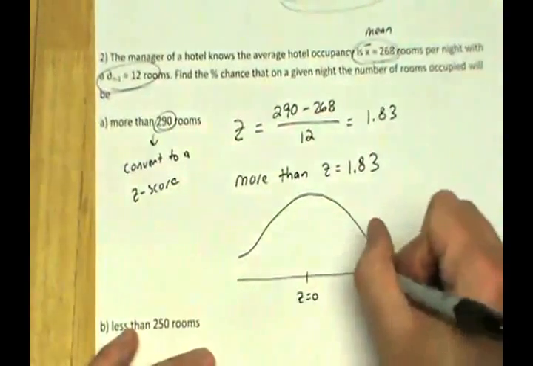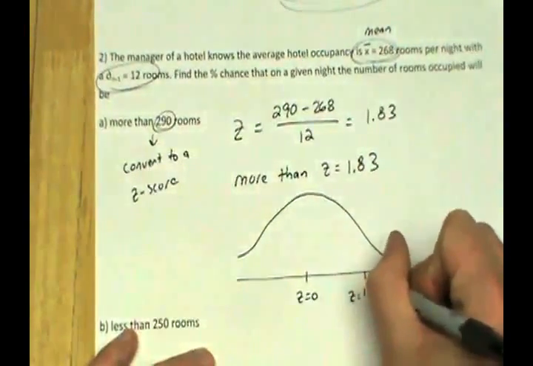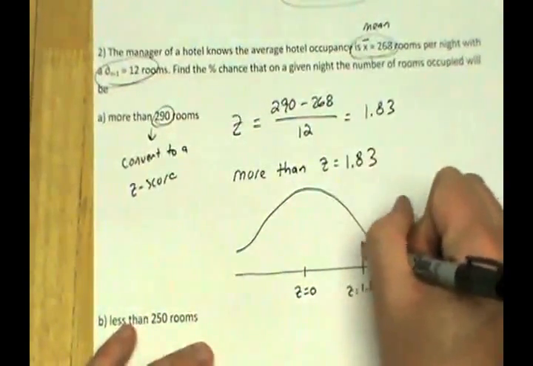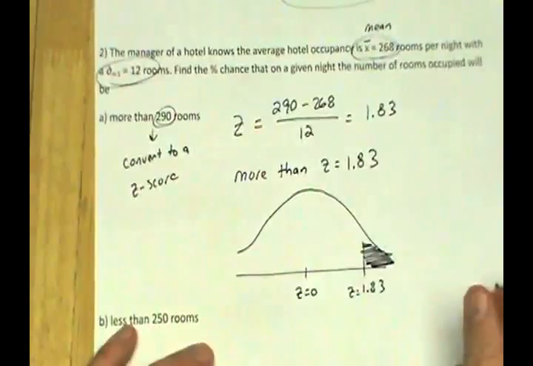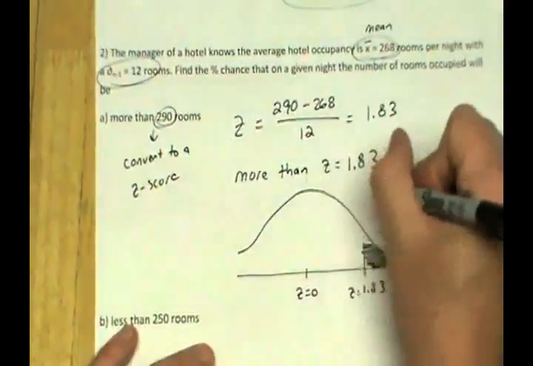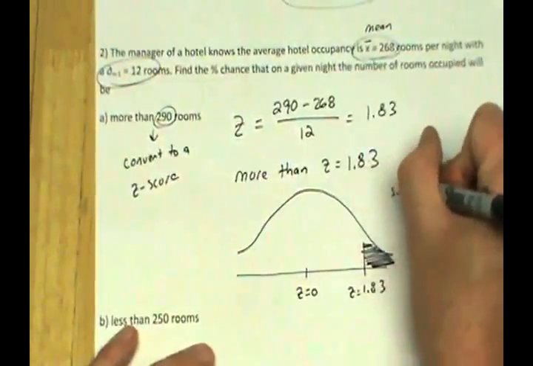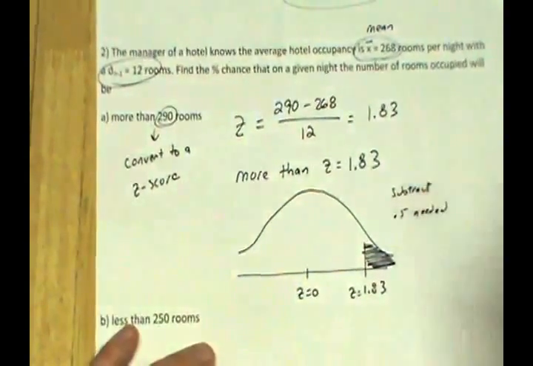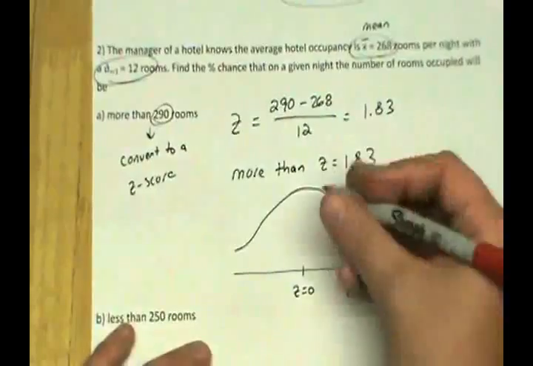So 0 is there. Positive 1.83 is to the right. We want more than that, so we draw a line. We want everything more than that, which is in the tail. Does the shaded region cross 0? No, so you're going to subtract. Is the tail involved? Yes, so 0.5 is needed. Got it? We look up